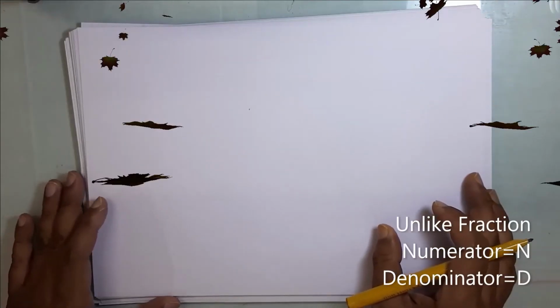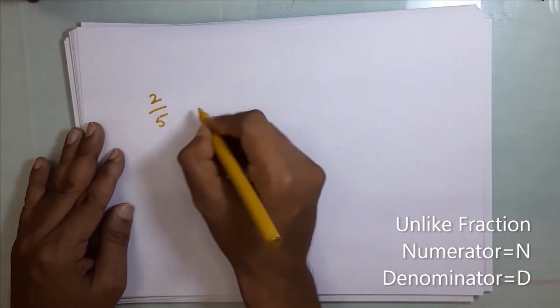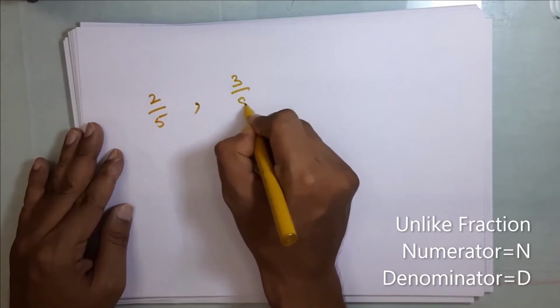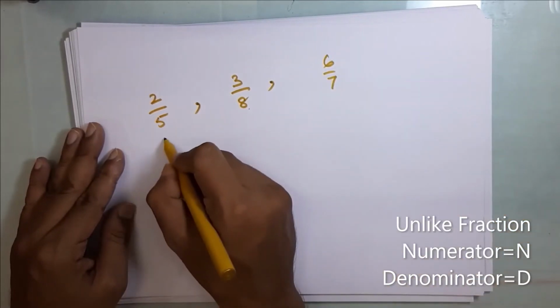Like fractions we have discussed. Now consider a fraction 2 by 5. There is another fraction 3 by 8. There is another fraction 6 by 7. Here if you see,